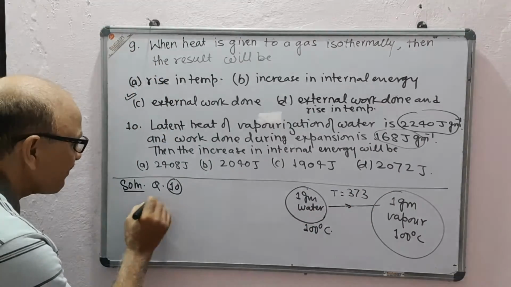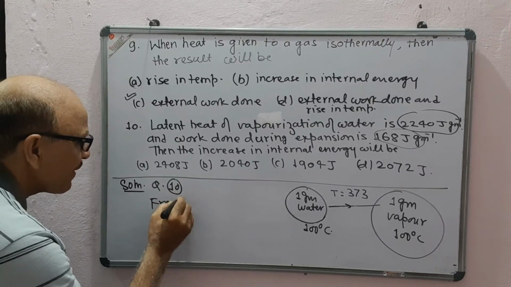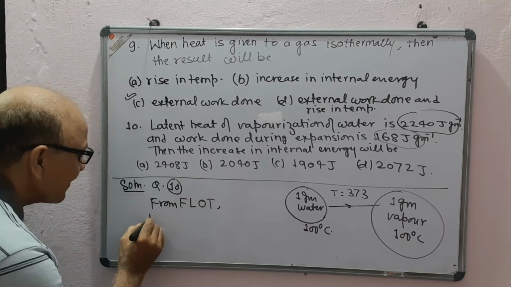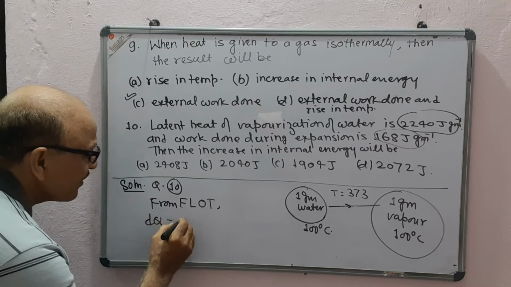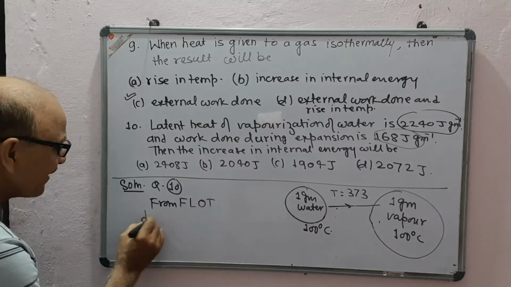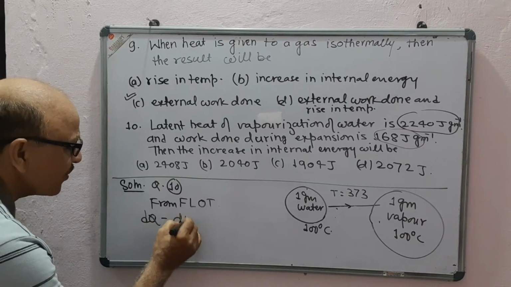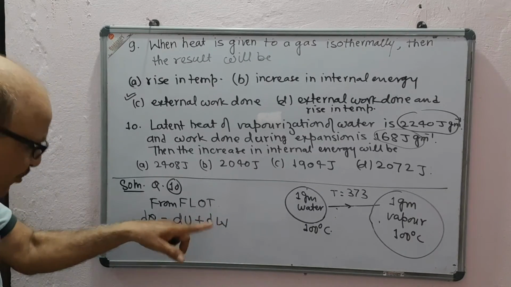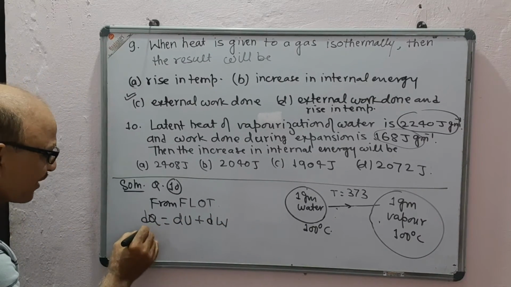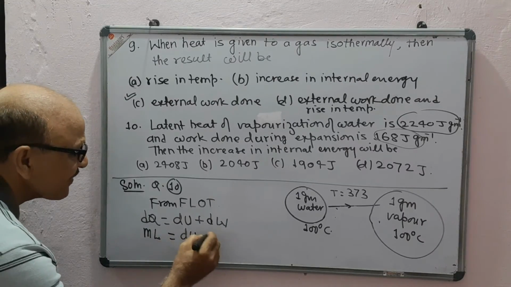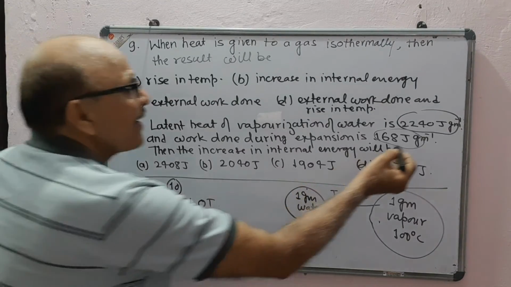So from the first law of thermodynamics, dQ will be equal to dU plus dW. For 1 gram, dQ is equal to m into L is equal to dU plus dW,